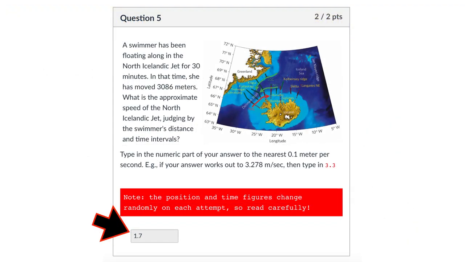And down here at the bottom, there's the answer that I typed in. And then if you look up at the top, it'll say, yeah, 2 out of 2 points. So you know that that answer is correct. All right. Now, a couple things I want to mention to you